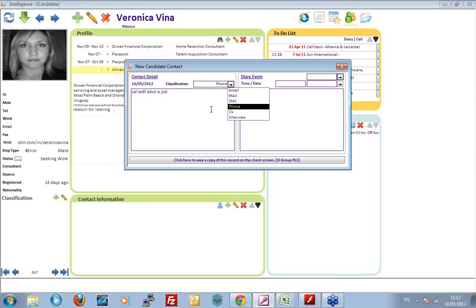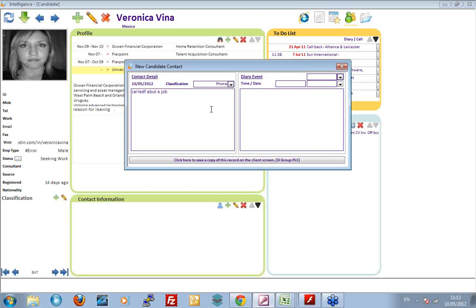So what I'm actually urging our customer base to use is to go in immediately and change this from the default to something more useful. Don't classify a call as a phone call. Classify it as, is this a business development call? Am I ringing this person to seek referrals? Am I ringing this person to talk to them about the job? Am I ringing this person to offer them a job? These are things that you can actually measure and report on and do analysis on and KPIs on, whatever.